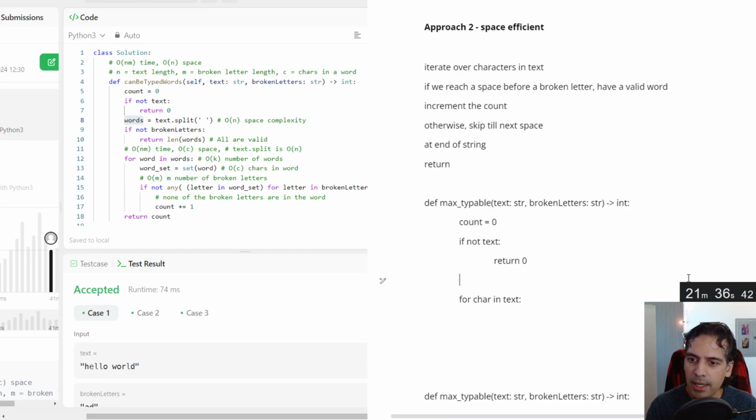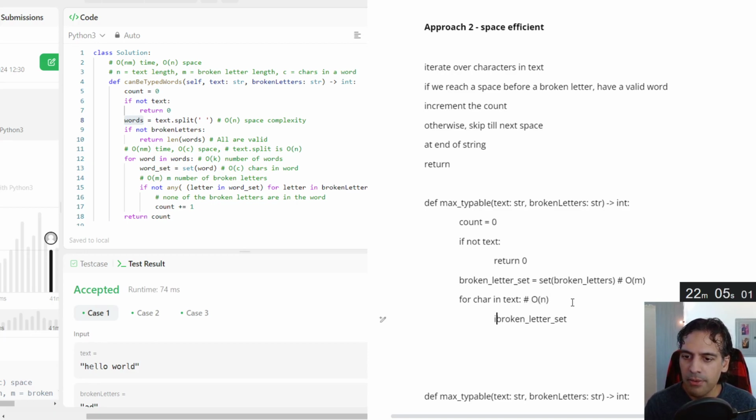We can create a broken set equal to the set of broken letters. And the reason I'm doing that is because instead of checking if the broken letter is in the character, we can just check if the character is inside of broken letters. And while we could just do it over the list of broken letters, which would be O of M, we can do it over the set of broken letters. And that's just a one-time O of M operation outside of the loop. And this will be O of N within the loop. And then if char in broken set,